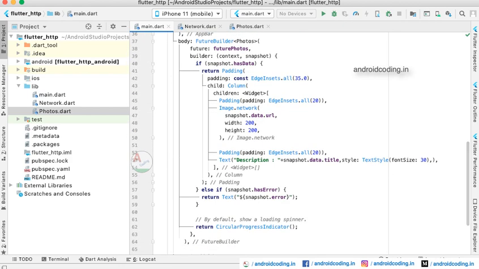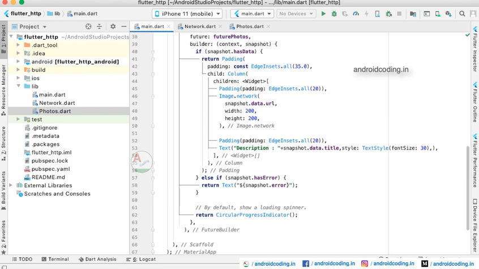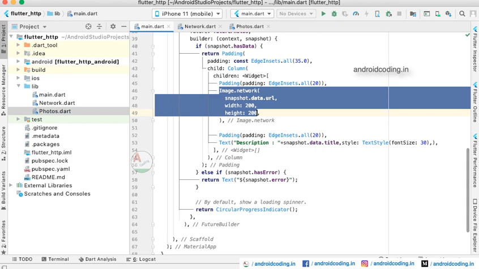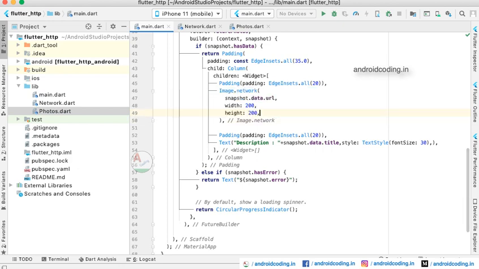So the data we get from processing the API, we will be parsing it onto our screen. I have designed a basic UI here. I have specified an Image.network, using which we will provide the image URL, and I am also specifying the width and height over here.